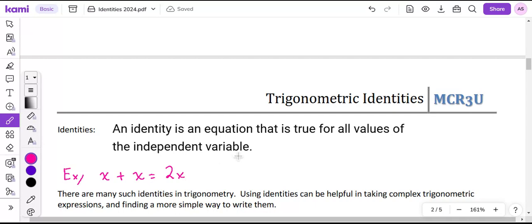If x is 1, 1 plus 1, it's the same as 2 times 1. 5 plus 5 is the same as 2 times 5. Would you guys agree? That's always true, right? That is an identity. A non-example